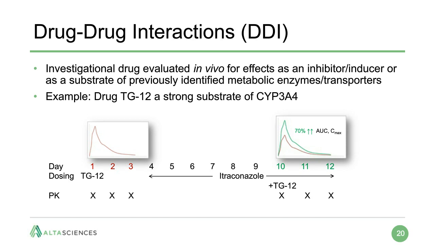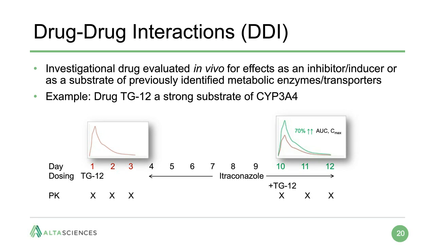Part 1 is when subjects receive a single dose of TG12 on day 1 and PK sampling for 3 days. Part 2 involves dosing itraconazole on day 4 and then daily to day 9 to maximize CYP3A4 inhibition. And then Part 3 is where TG12 is dosed concomitantly with itraconazole on day 10, followed by PK sampling again